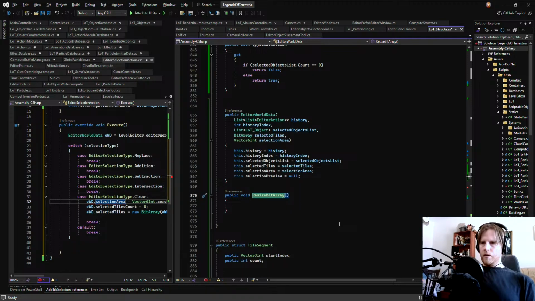Or should we say... Let's just say new bit array for now. And then we just say int length. Selected tiles equals new bit array length. And that's it.